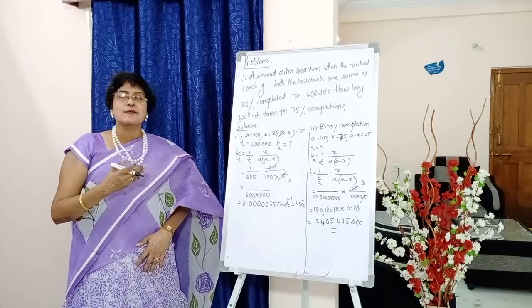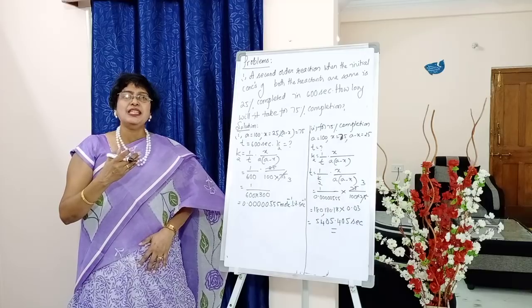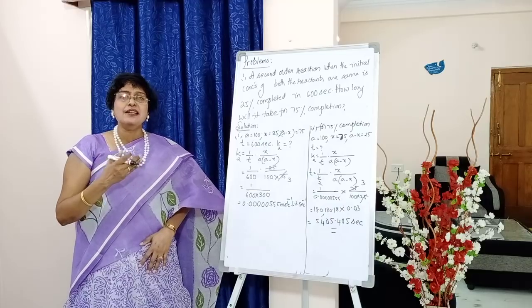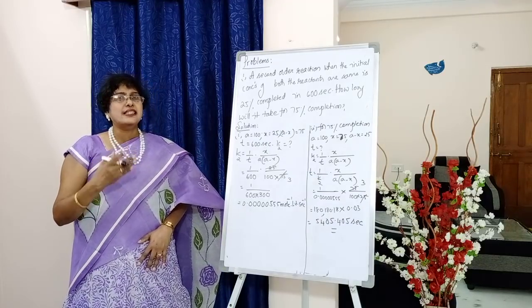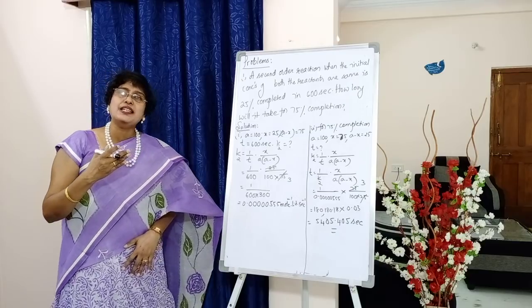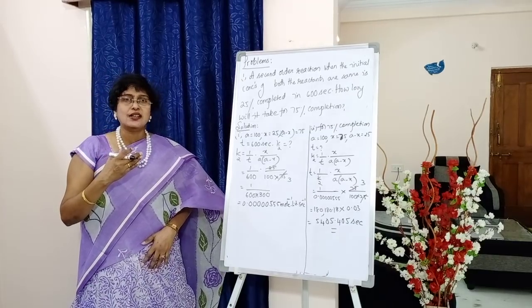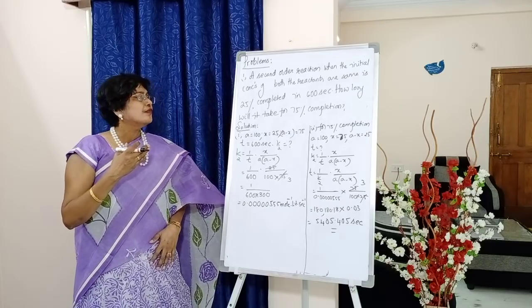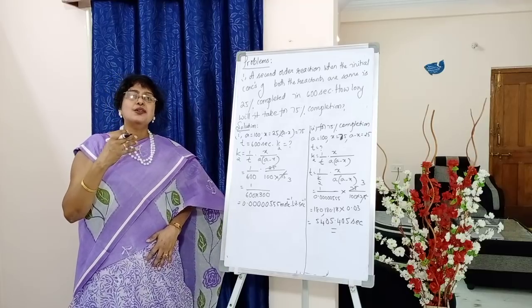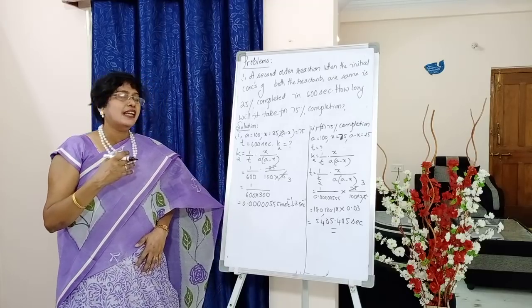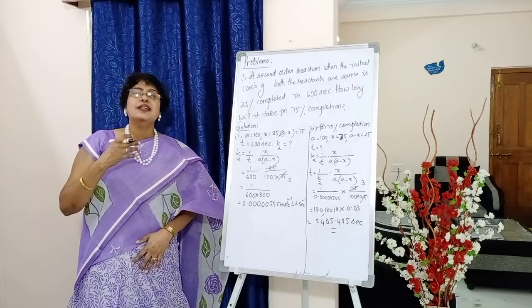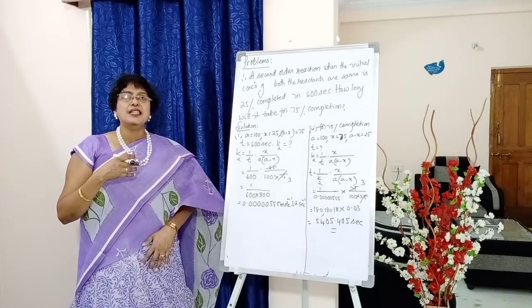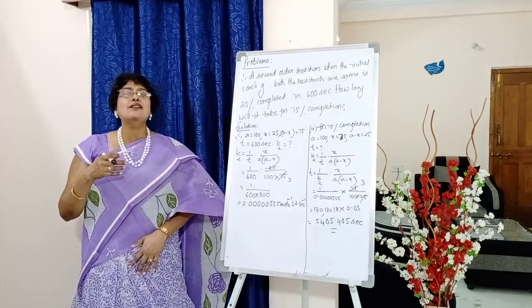X is 25. So how much portion of the reaction is completed? 25%. So the decomposed concentration is 25, that is denoted by X. In how much time it is completed, students? 600 seconds. The units of time are seconds. Now X is 25, so let us assume A to be 100. So put the side heading: solution part 1 for 25% completion.